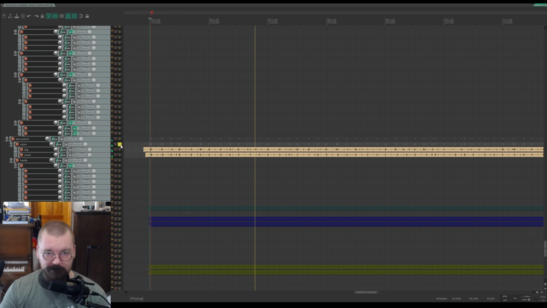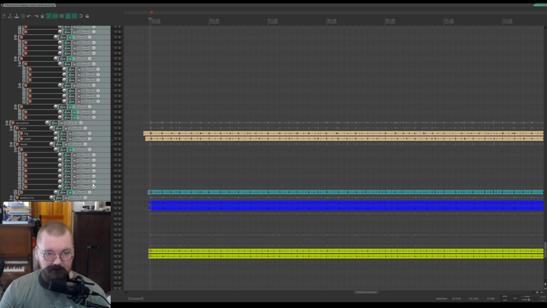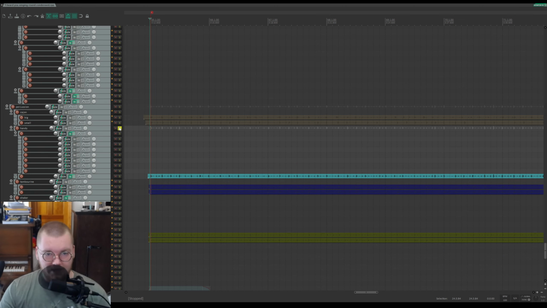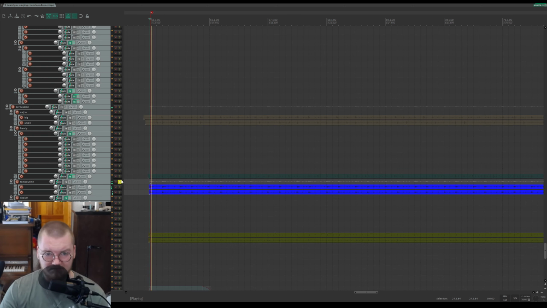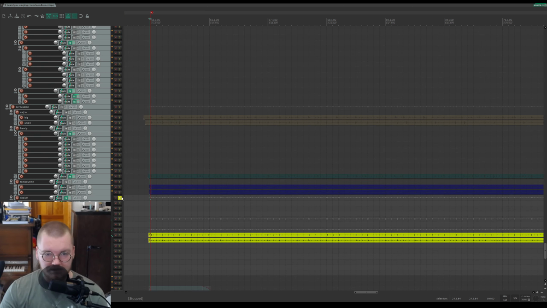Lots of reverb from that master track. What else do I have? Oh yeah, hand drum, the djembe, playing pretty much the same thing. And then tambourines. Nice. Shakers.